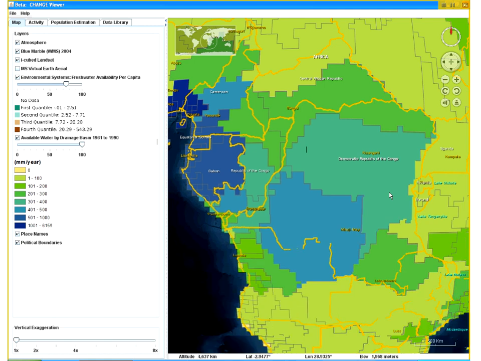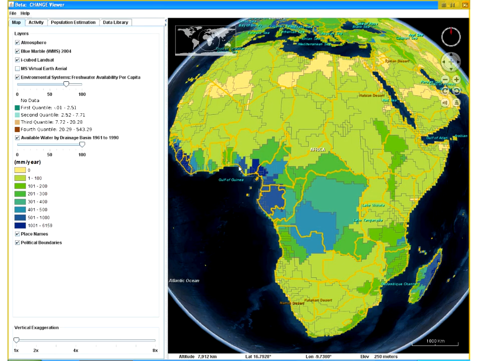But compared to the rest of Africa, right, we said that it's one of the poorest countries, but it's actually the wettest country on the African continent, and it's home to a quarter of all of Africa's freshwater resources. We're starting to see this, right? So this is the amount of precipitation within a drainage basin. And so